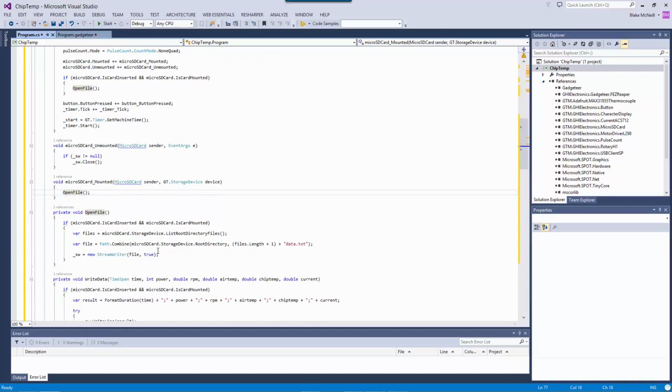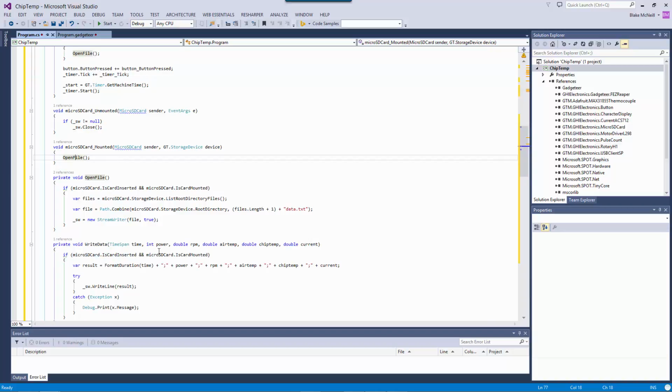open a file. Now, this open file routine is going to check to see how many files are on the SD card, and then it's going to create a file that's basically the number of files plus 1 data.txt. That way I can have as many data files as I want on this SD card. They're automatically created and named for me. So every time we start an experiment and turn the device on, it'll create a new data file, a new unique file name. And then we attach the stream writer to that,